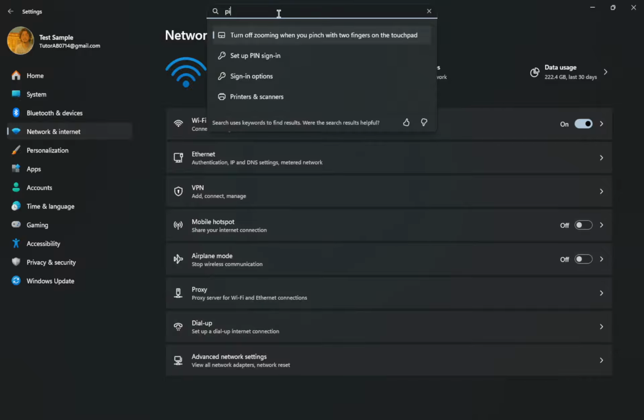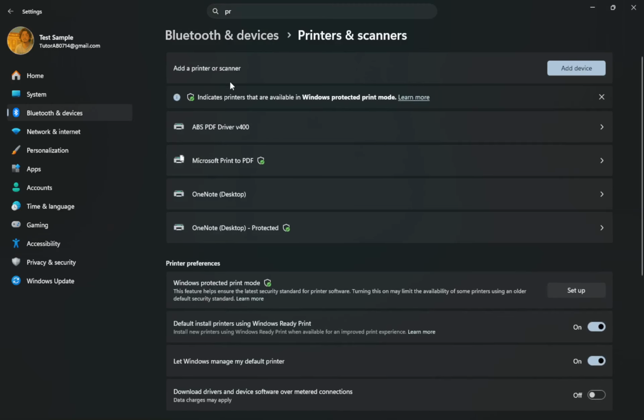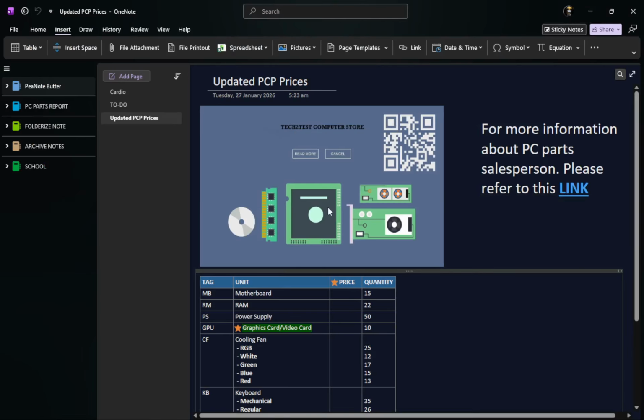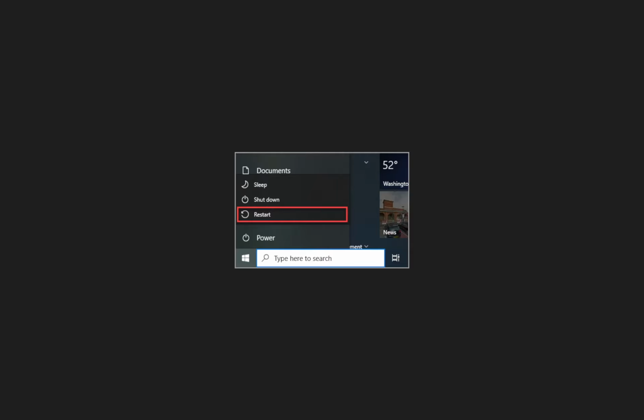Once that is done, close OneNote completely and reopen it. This simple action can often resolve minor glitches that may be causing the problem. If reopening OneNote does not help, try restarting your computer. This can clear stuck background processes that may be blocking the printing function. Microsoft support often highlights this as a common solution. You might be surprised how many issues a simple restart can fix.